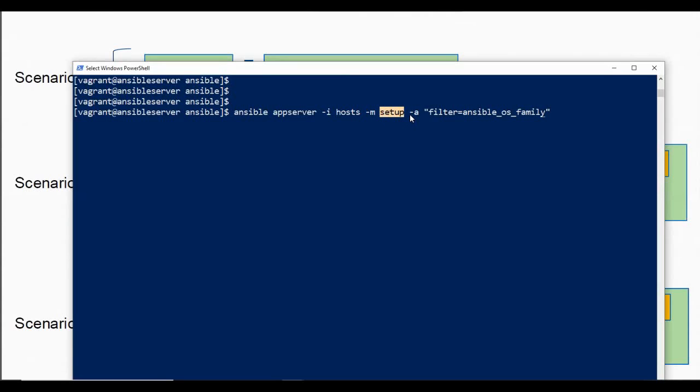Any argument that this module is going to be expecting is supplied with the -a flag and then followed by the actual argument that we want to pass. If this command needs root privileges or admin privileges, I'll have to supply that with the keyword become as well. We'll see this later. So this is a simple and typical command that you will always see.